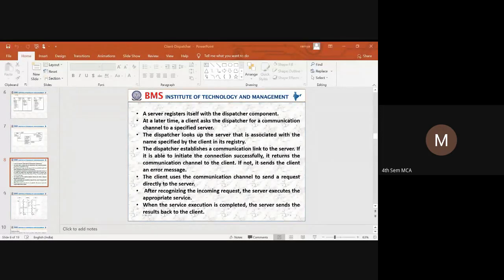The link is there, but when you try to access it, it is not there because that particular server may be unregistered. Due to the unregistration, the links will be there, but the server may not provide you the service. When you click on that particular link, it will show you that the service cannot be provided.